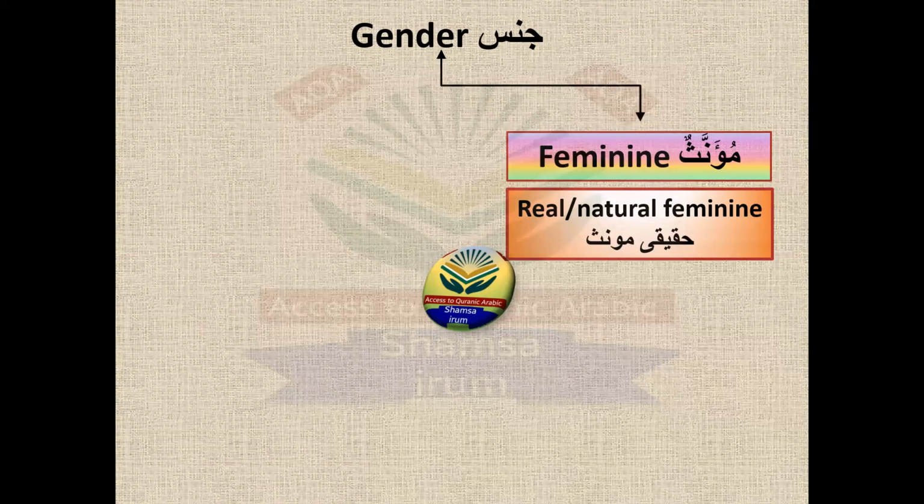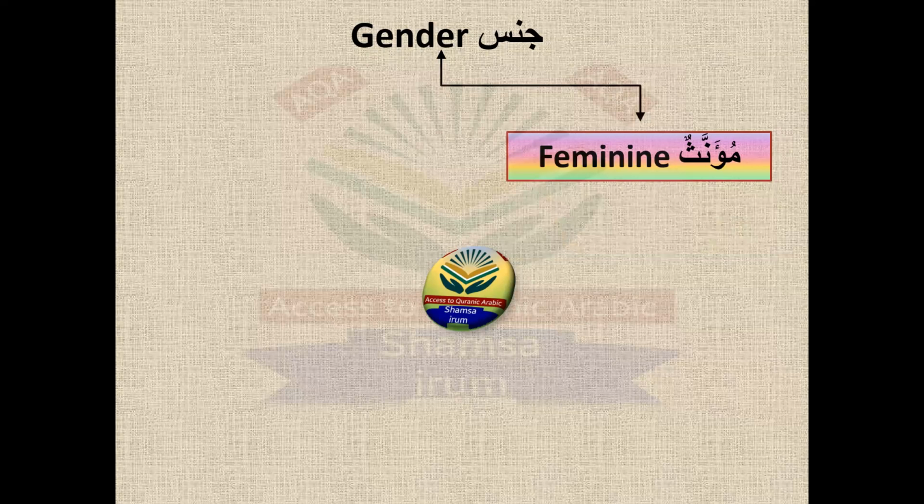Why do I point out the feminine first? Because in the Arabic language, if we know the points for the feminine, the masculine we will learn automatically. So there are no points for learning the masculine. The main points for learning gender are for the feminine. There are only a few points we have to understand for the feminine, and they are, the first one